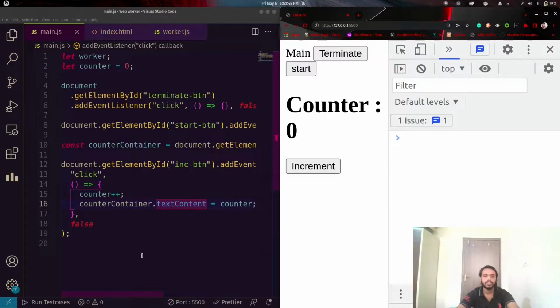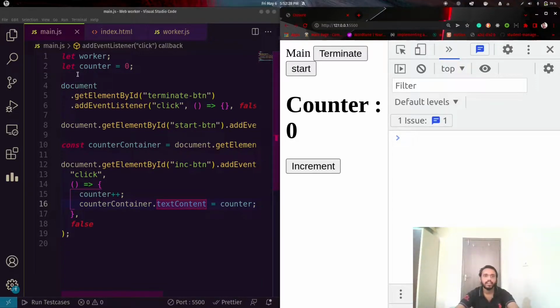In JavaScript we have something called the Worker API. The Worker API helps us spawn a new thread in the process. Like in a multi-threading application, we can spawn a new thread which does some other tasks without affecting the main thread, and that helps us achieve parallelism and concurrency. But there are some limitations of multi-threading in JavaScript, which we will also discuss later. So let's first check how we can achieve it.